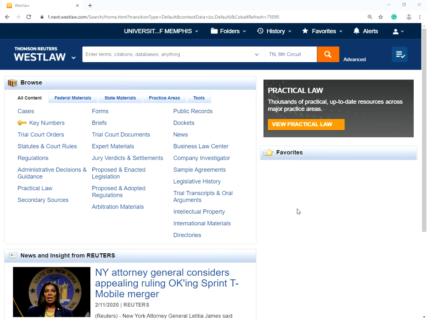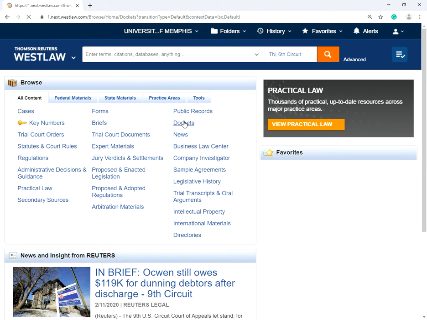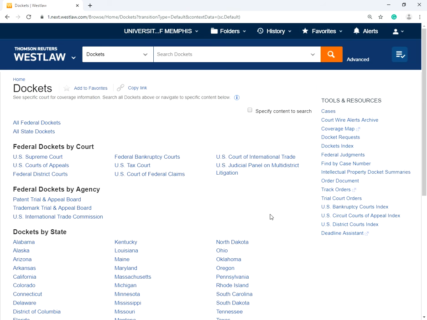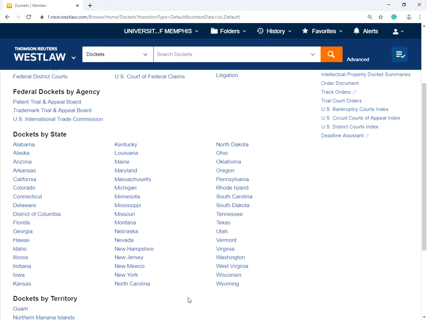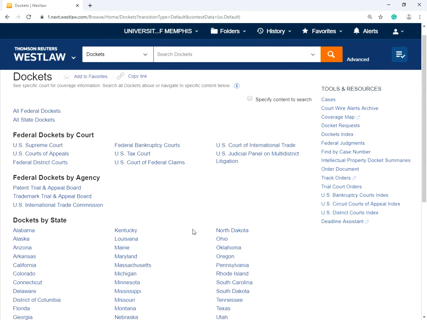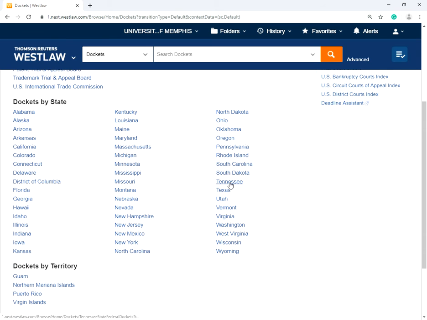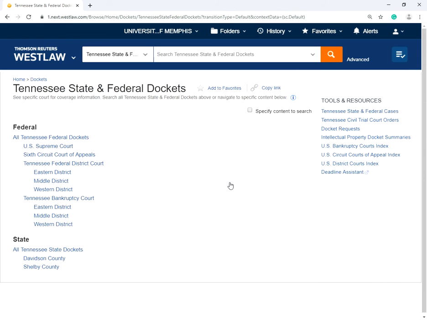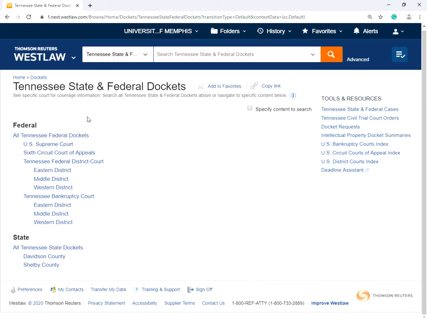So I'm going to start off here with the docket. I tried to look in Westlaw how to look up a docket, and basically what it's showing me is we would go here to docket, and it would bring up this other window, and then we would be able to pick what state or jurisdiction we actually wanted to look up a docket in. And we could click on Tennessee, for instance, and we would pick which court within Tennessee we wanted to look